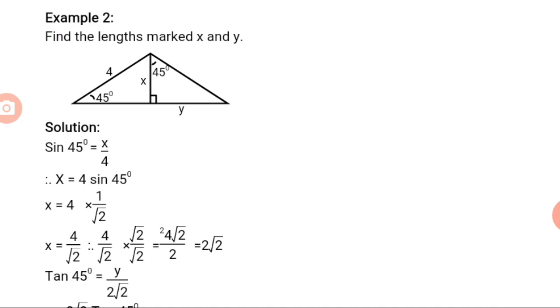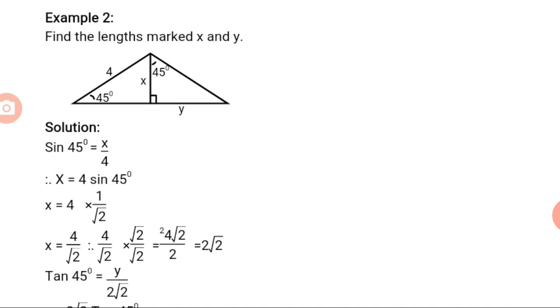Is that clear? We look at the denominator. We now use the value of the denominator to multiply the numerator and the denominator. The denominator here is root 2. Then you now use root 2 to multiply both numerator and the denominator. So that is why we have 4 all over root 2 times root 2 divided by root 2, which is